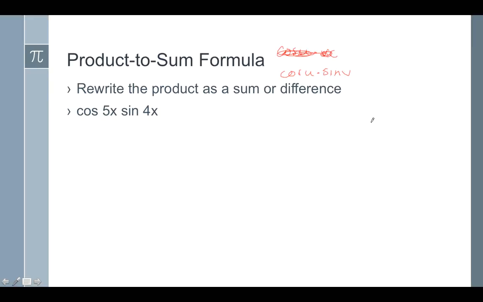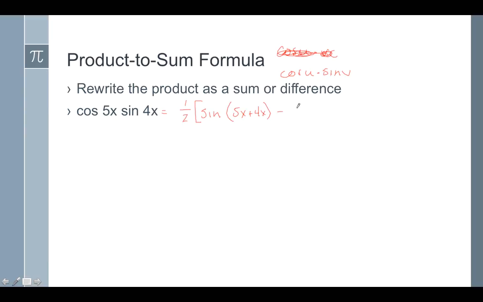So the cosine times the sine of two different angles. And this is going to be 1/2 times, if you just follow your identity here, the sine of the sum of the two angles. So our two angles are 5x and 4x